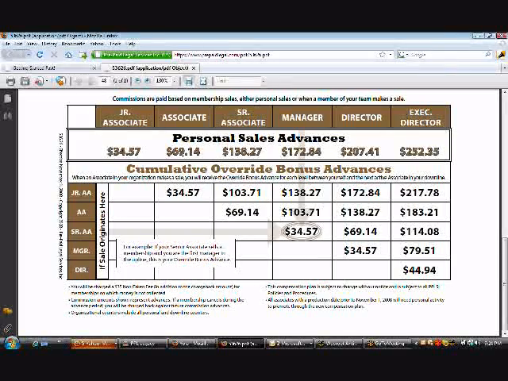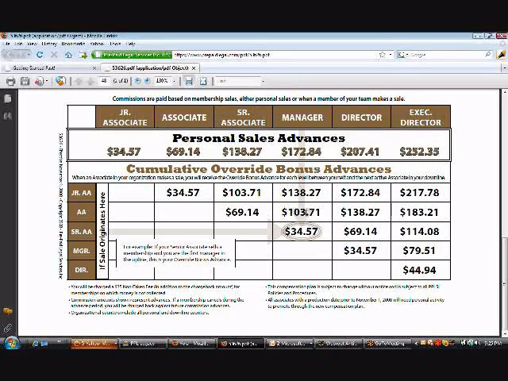So let's say you're an associate. You don't get any overrides on other associates. Only when you have 3 underneath you, you now become a senior, and you can make $69 off of anything that those 3 people do for up to 3 sales, and then until they become senior. And of course, the minute one of them becomes senior, you then become a manager. Because remember, one of those 3 becomes a senior, you are now manager. So you're making $69 a sale off of all your associates until they become a senior.